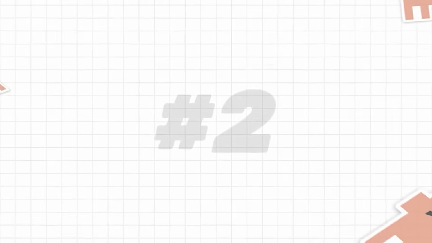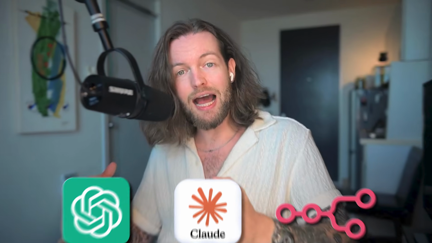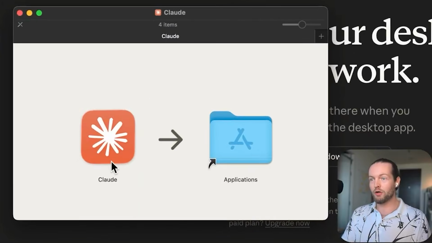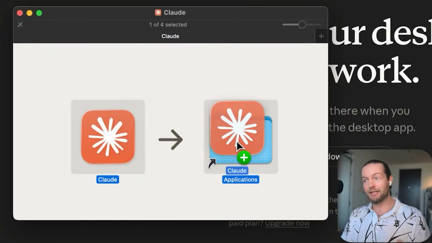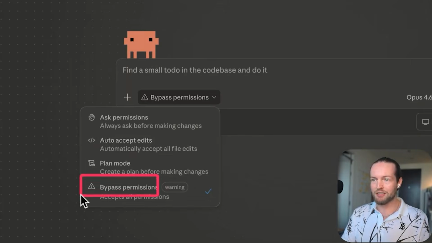Number 2, my aha moment. Let me tell you exactly when it clicked for me. I have been using AI for 2 years now. ChatGPT, Claude, N8N, and it has been useful, but I'm still doing all the work. Then one day I installed Claude Code, I turned on the bypass permissions, and I told it, build me a